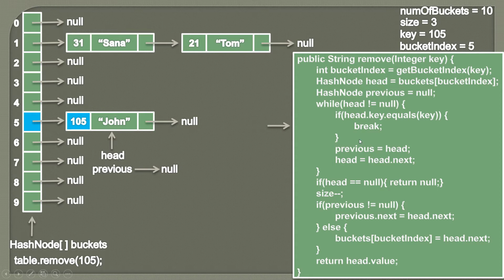So when we break from this while loop, it will come here, and here we encounter one use case, that head could point to null, which we will see later. So currently head is pointing to a hash node which is not null, so this condition comes out to be false. So now here you can see, as we want to remove this node, we will first decrease the size by 1. So size will become 2.